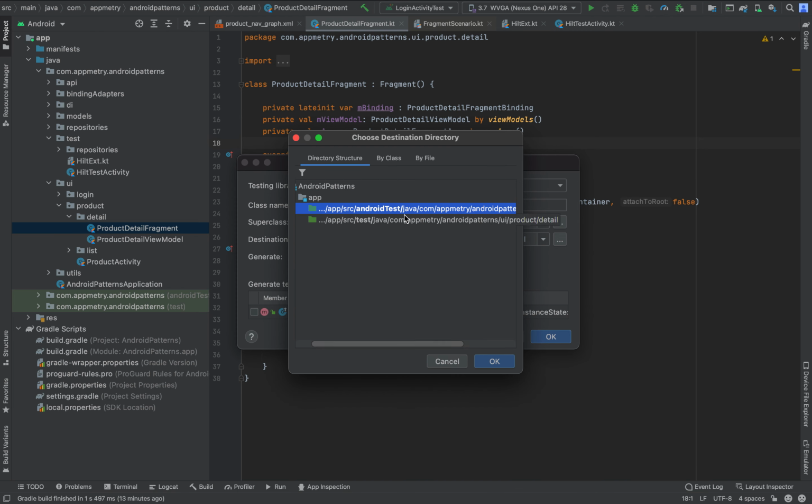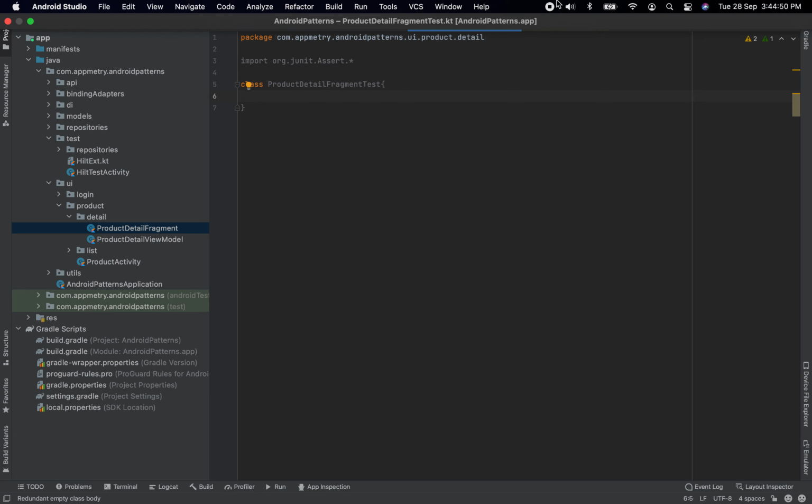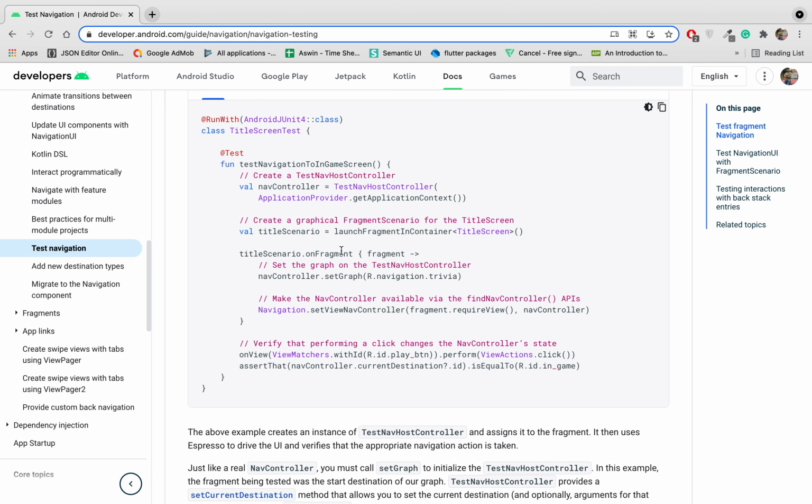We need to create the test class inside the androidTest package. Next we need to annotate with @RunWith AndroidJUnit4 class, and we can use the TestNavHostController to get the nav host controller, and we need to use the launchFragmentInContainer to launch the fragment, and using that we can set the navigation graph.